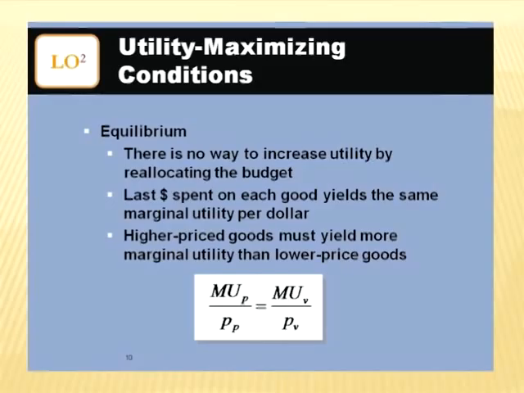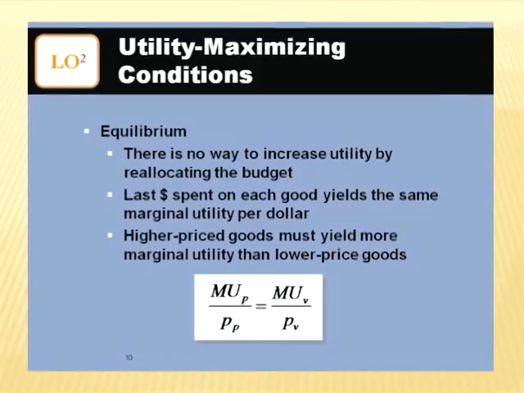In this case, we could extend this formula to as many products as we had. In this case, we're going to look at the marginal utility of pizza divided by the price of pizza is equal to the marginal utility of videos divided by the price of videos. We're actually going to look at an example where we're looking at pizzas and videos and how we would choose between them. We want to allocate our budget in such a fashion that the last dollar spent on each good yields the same amount of marginal utility per dollar.